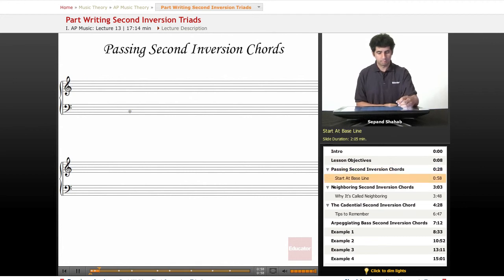First, to look at these, we should look at this common bass line that they're employed in. So if we're in C major and we have a C moving to a D, moving to an E, which usually means that, of course, we have a 1 chord on one side, and then as we saw in the first inversion lesson, a 1/6 on the other side. So there's going to be some kind of chord here that is basically passing between this 1 and this 1/6,